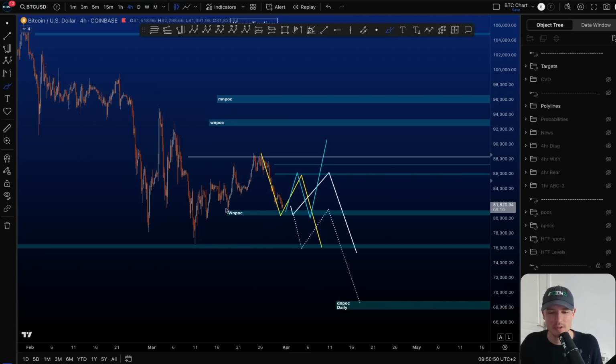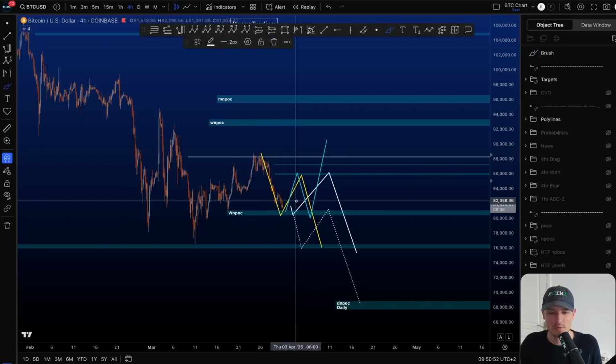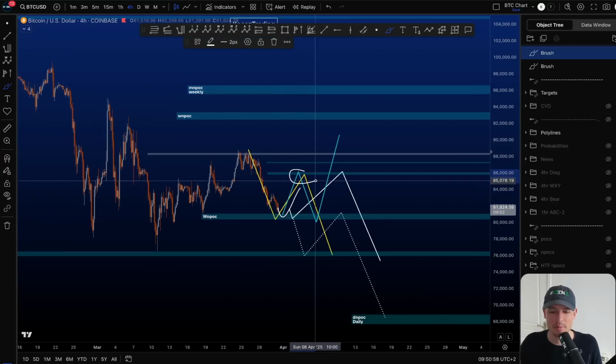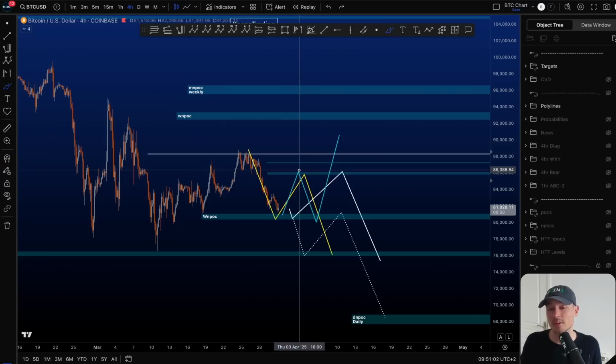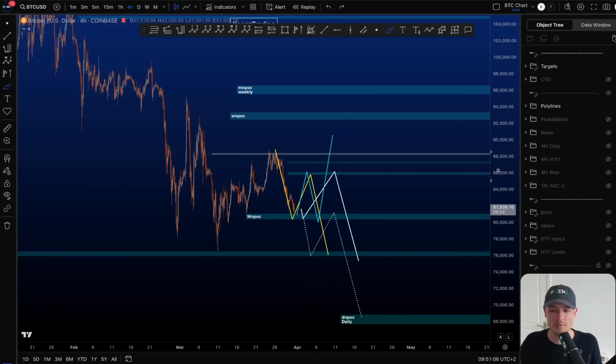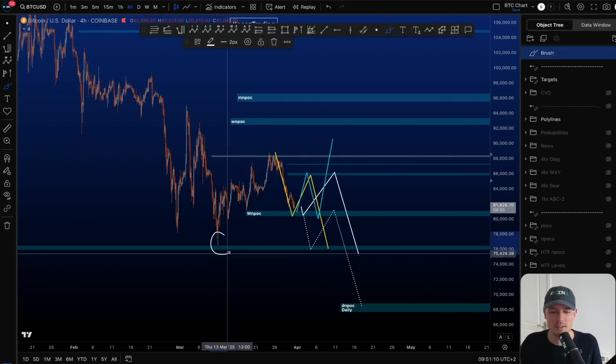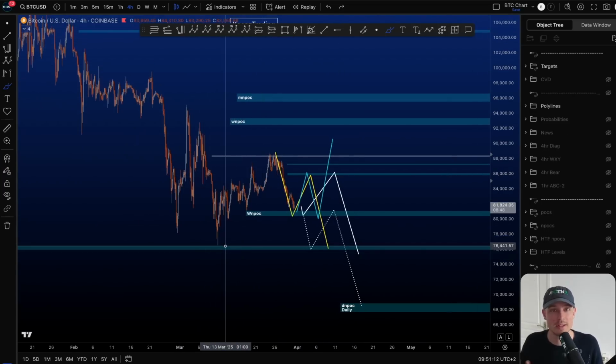Hi everyone, in the video last night I covered this local move to the downside and explained why the probabilities at the moment are higher to look for a bit of a bounce towards the upside, where 86k is very interesting resistance. However, if you zoom out to a 4-hour time frame or a daily time frame, the probabilities from an Elliott wave point of view are higher to still take out this low,